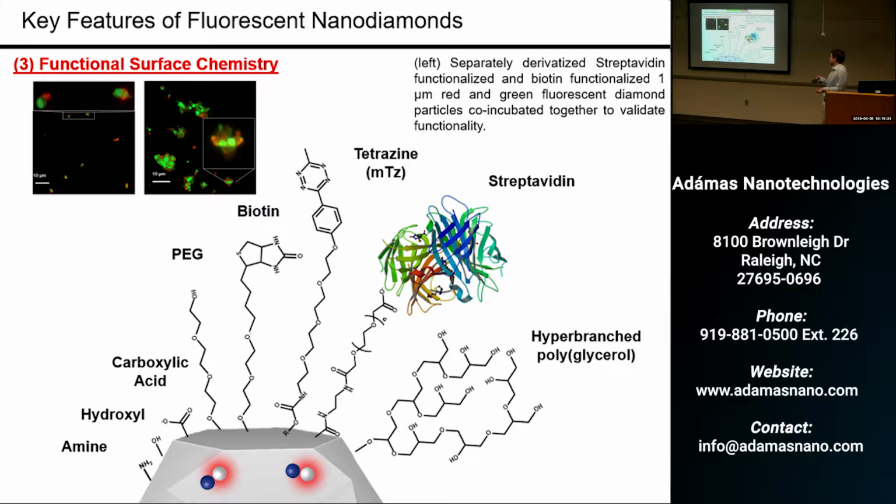Grafting with polymers is available, streptavidin, antibodies, and then biotin, PEG. In general, this quick example I just wanted to demonstrate: we took 1 micron red fluorescent diamond particles and 1 micron green fluorescent particles. The green fluorescent particles were functionalized with biotin, the red fluorescent particles were functionalized with streptavidin, and we just